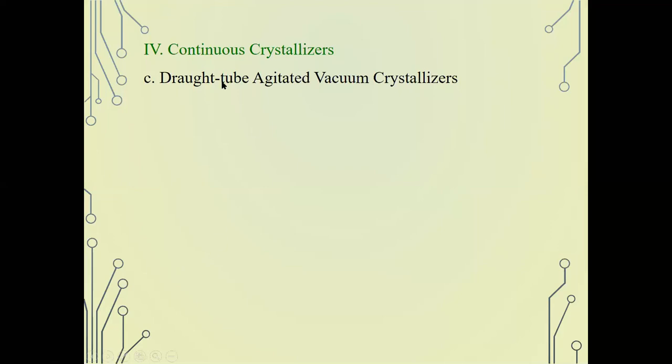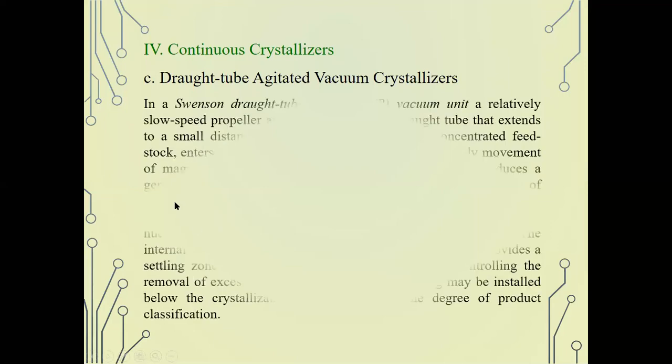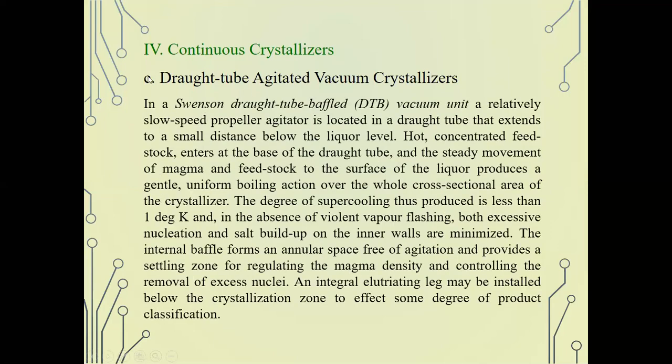Now we have under here also the draft tube agitated vacuum crystallizers. In a Swenson, so again, another Swenson modification, draft tube baffled vacuum unit, a relatively slow speed propeller agitator is located in the draft tube that extends to a small distance below the liquid level. Now, hot concentrated feedstock enters at the base of the draft tube, and the steady movement of magma and feedstock